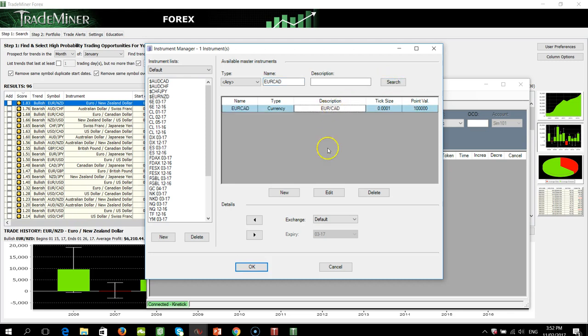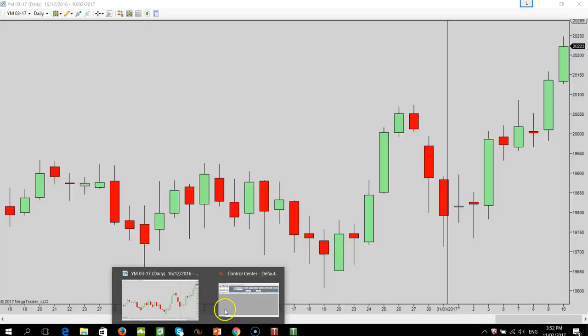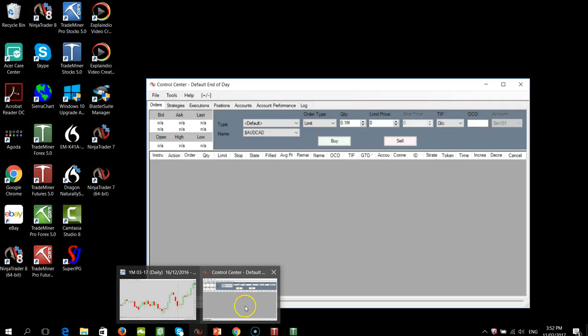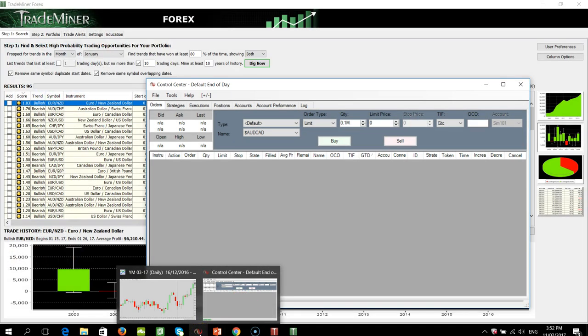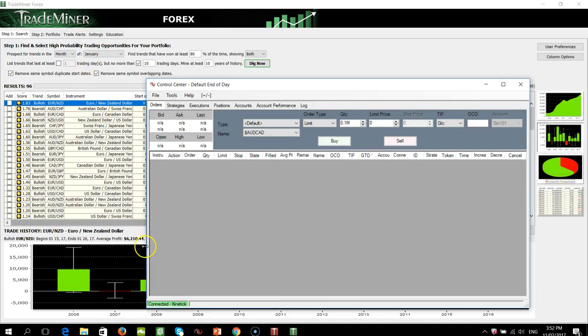Again, me personally, the fourth one is New Zealand versus U.S. dollar. Then you've got U.S. versus Canada. I would just stay away from those U.S. dollar pairs for now, because who knows what's going to come out of the White House or anywhere, and it's going to have a profound effect on the exchange rate with the U.S. dollar. I think some of these might be a little bit more stable. So we'll start here. Euro versus New Zealand, bullish